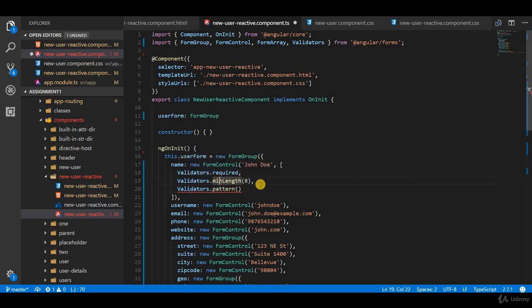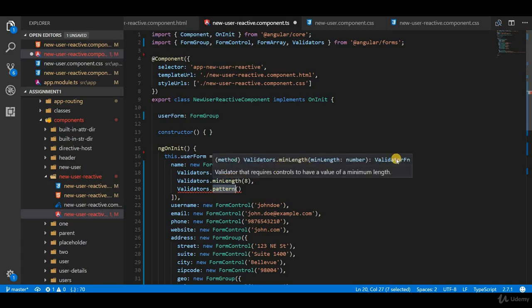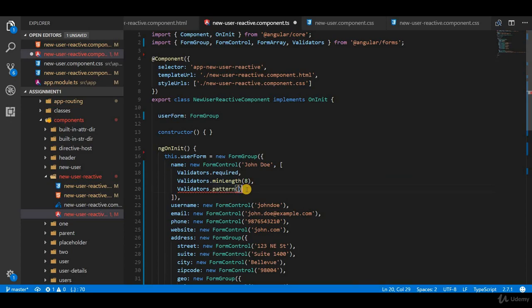We are able to call these functions, but we didn't really call the required function, and that is because the required function itself is a validator function, while the minLength as well as the pattern calls would return a validator function like so. Okay, so I'll specify the pattern here inside a string. Let's specify just John Doe for right now,